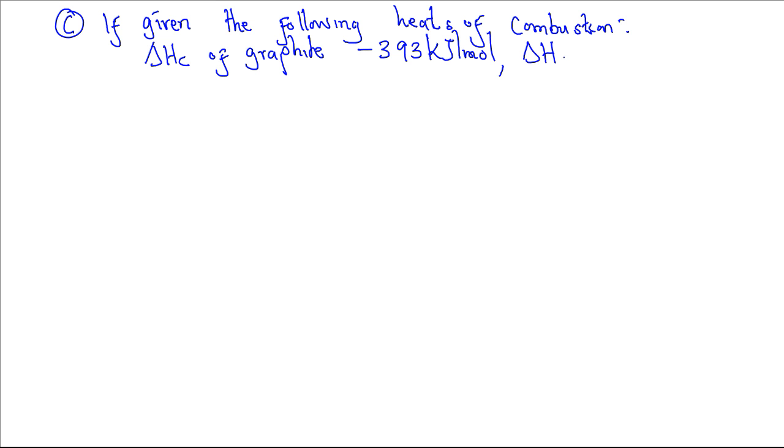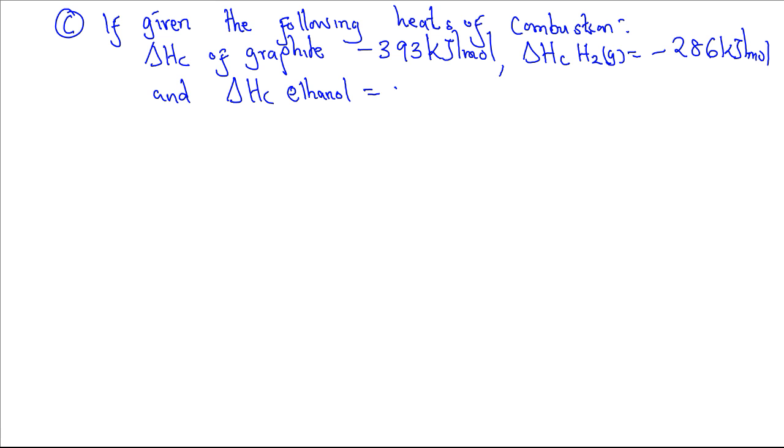Heat of combustion of hydrogen is negative 286 kilojoule per mole, and heat of combustion of ethanol is negative 1368 kilojoule per mole. Now we want to calculate